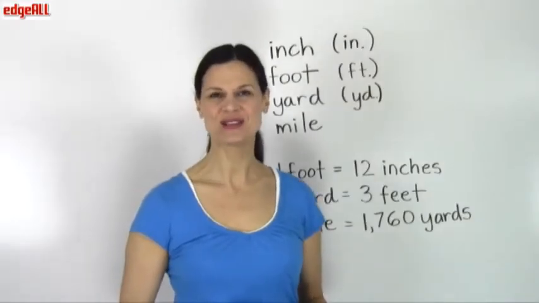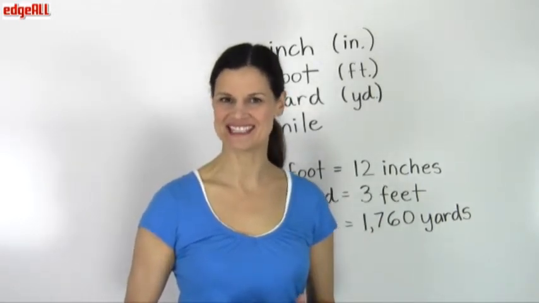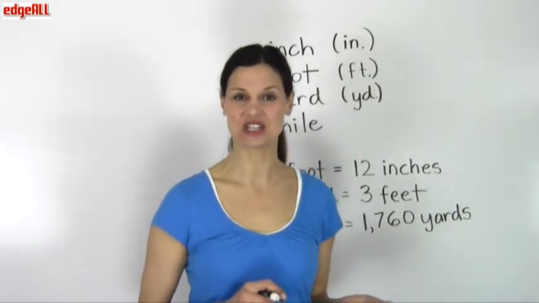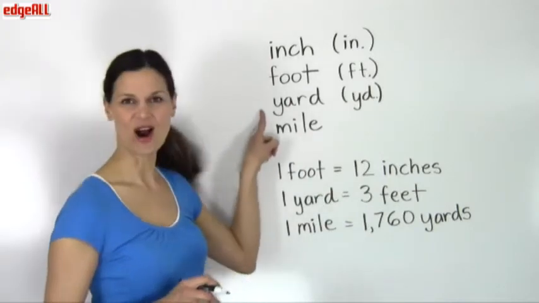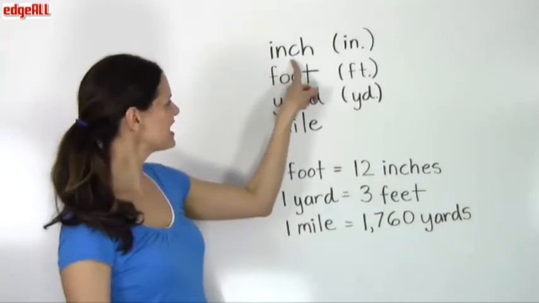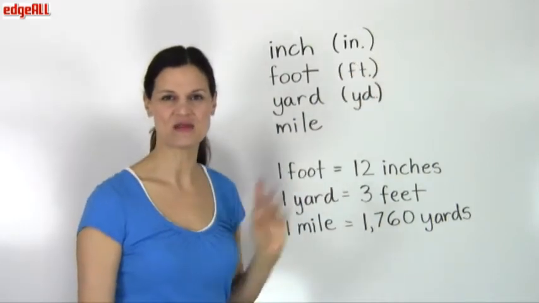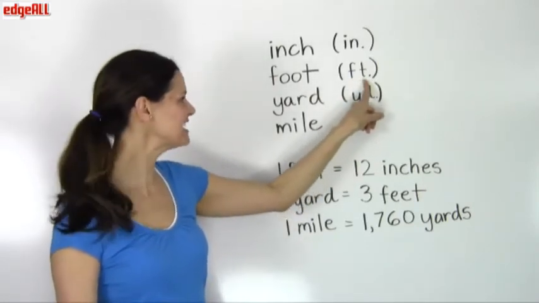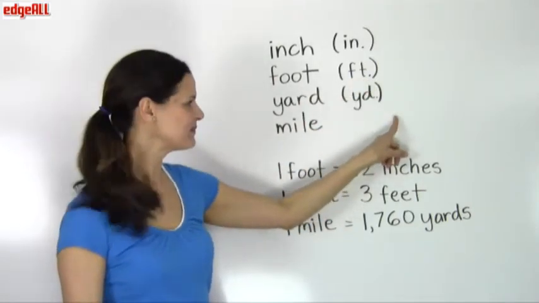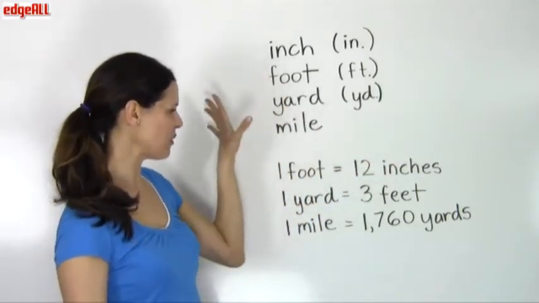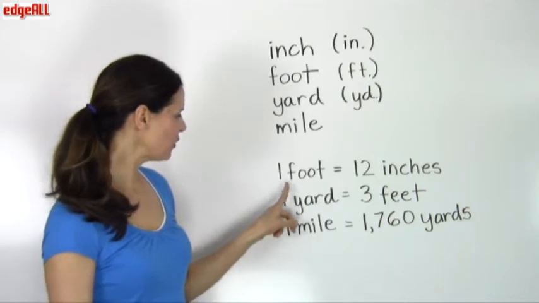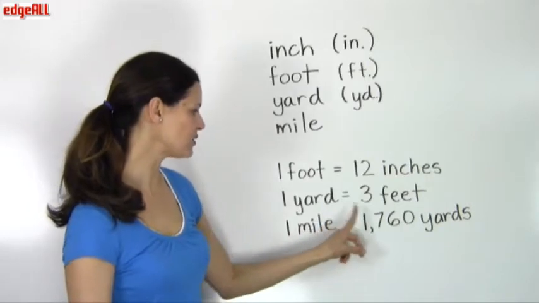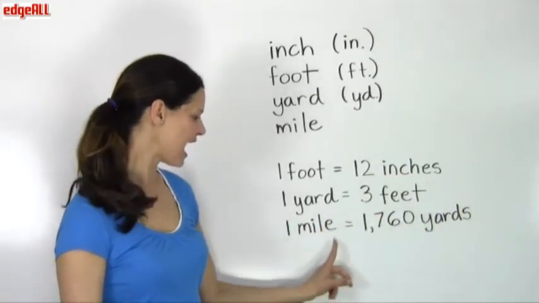There are two popular systems of units to measure distance. In the United States, the smallest unit of length is an inch. Other units are foot, yard, mile. For inch, you might sometimes see it abbreviated with IN. For foot, the abbreviation would look like this, FT, and yard, YD. All of these units are related to one another in the following way. 1 foot equals 12 inches. 1 yard equals 3 feet. 1 mile is equal to